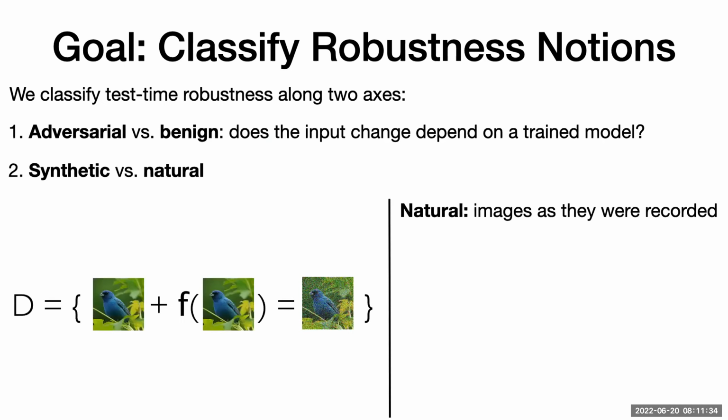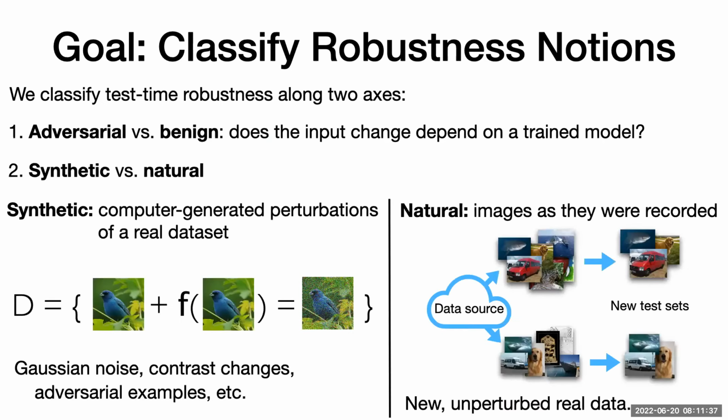And then the second axis is what we call synthetic versus natural. The idea is the following here. Quite a few of these ImageNet distribution shifts that people work with don't actually correspond to real data. Often people start out with the ImageNet test set or another test set, and then they apply corruptions purely in the computer, like adding Gaussian noise, adding a motion blur, and so on. This is very useful as a starting point, because it's much easier to apply these perturbations in a computer. We don't have to go out and collect new data. So it's a good starting point for studying robustness. But the catch is that it's, in the end, not real data.